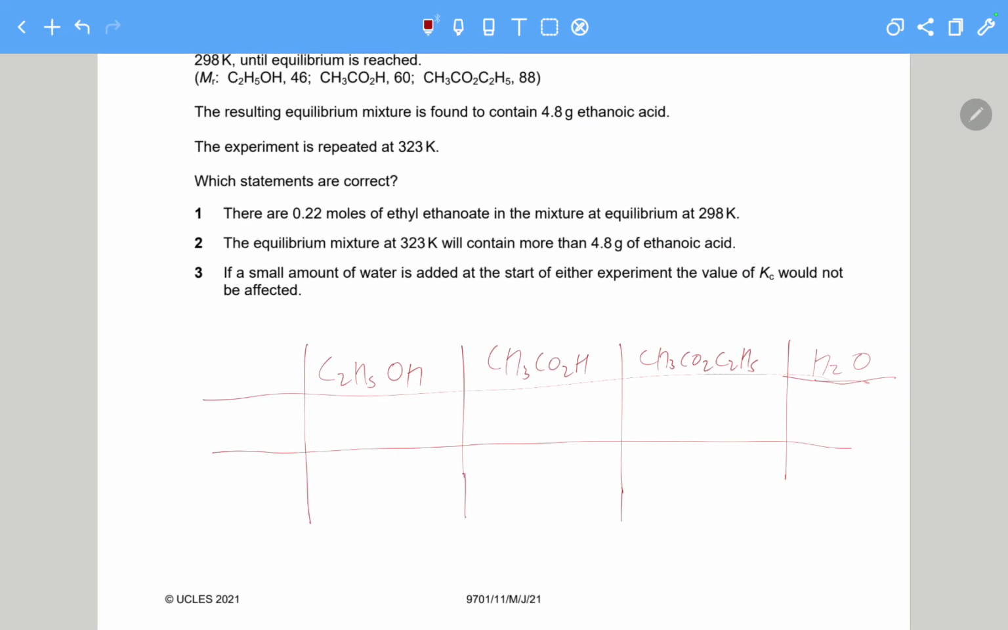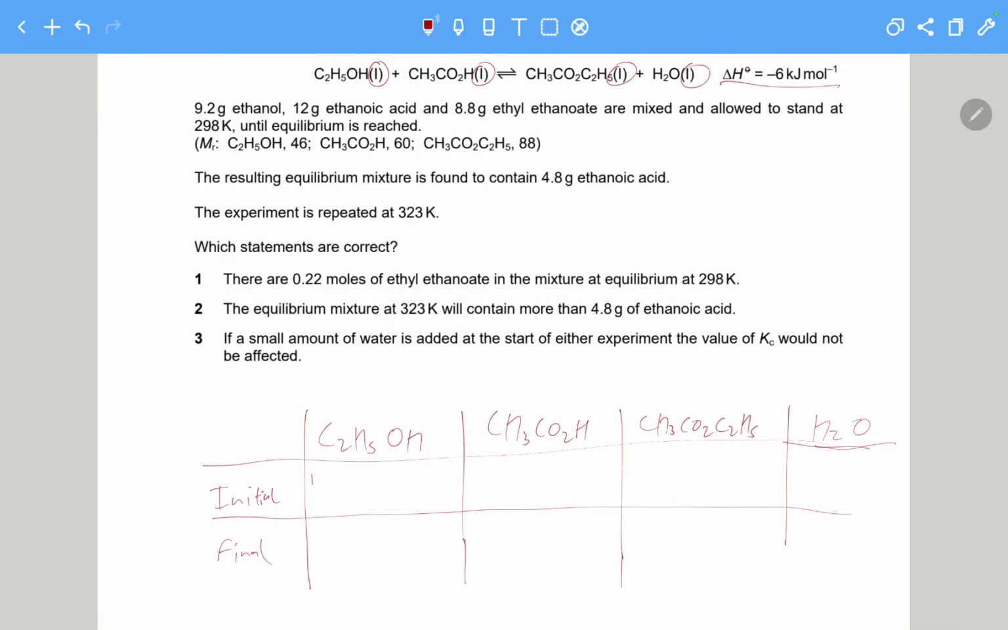So our first row will be the initial amounts, and our second row will be the final amounts, and by final I mean at equilibrium. So we start calculating the number of moles using the masses they've given us. So 9.2 over